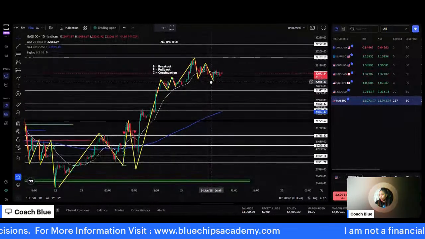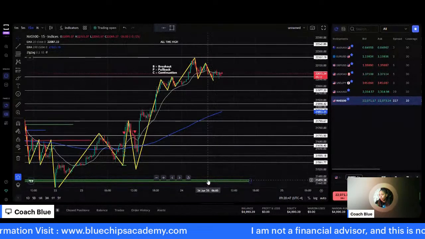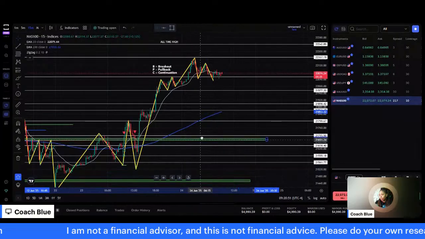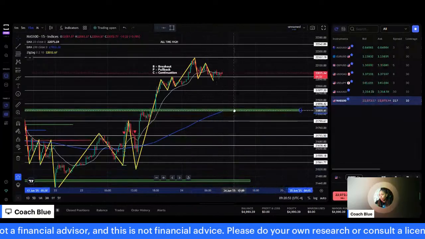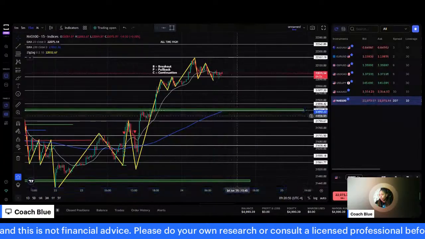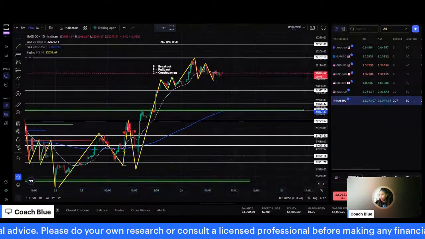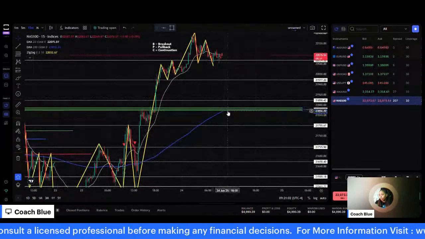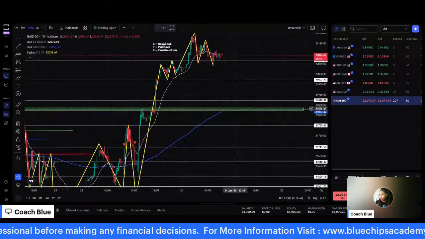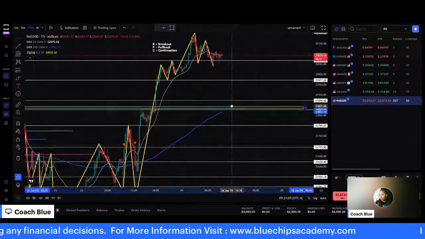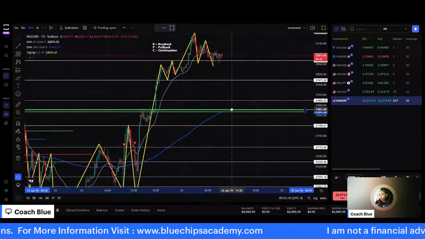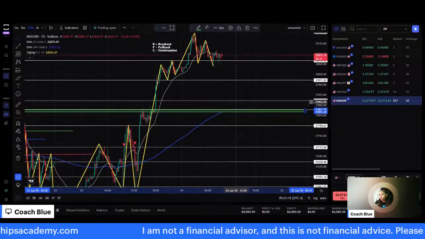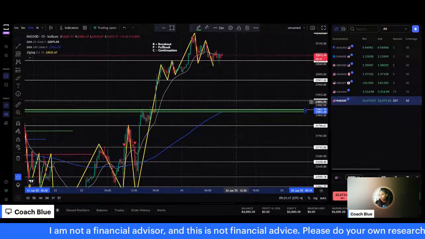So now that we know that, I'm going to adjust this. Let me just go ahead and make a copy of this, and I'm going to put this here. The reason why I'm putting this zone here is an indication to myself that if price comes down here, this is where the 200 is going to be in this area off the 15-minute chart. Because you'll see me go in between charts when we're trading. Now for the BPC, we're looking for that on a 1-minute chart, by the way.